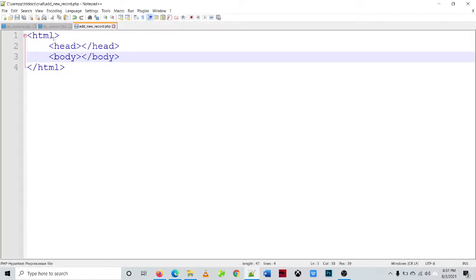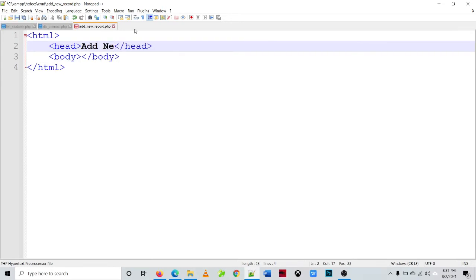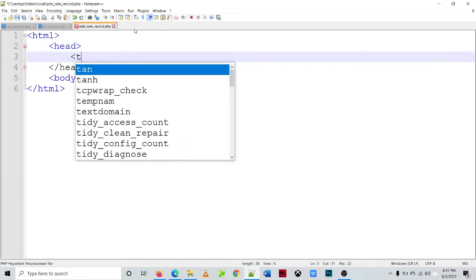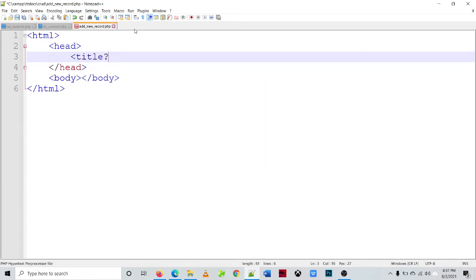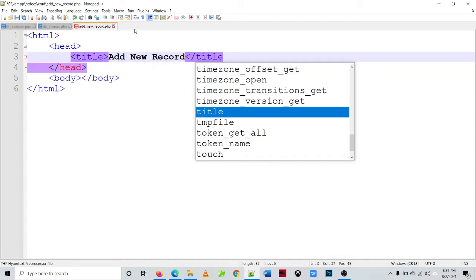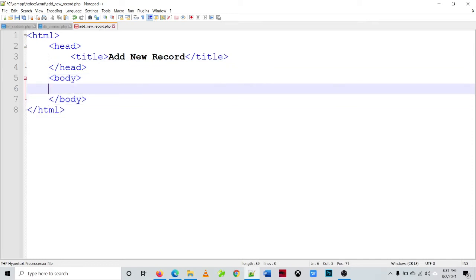Okay, and then we'll be adding a title tag here, title, then add new record. It's the title of our HTML file, and then under body we'll be defining a form, but